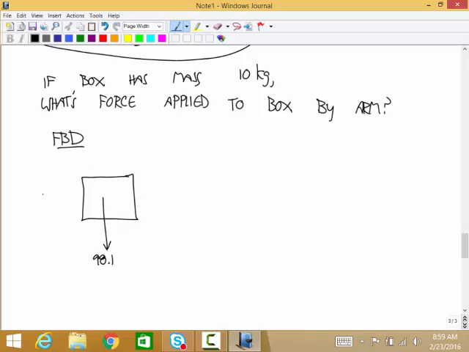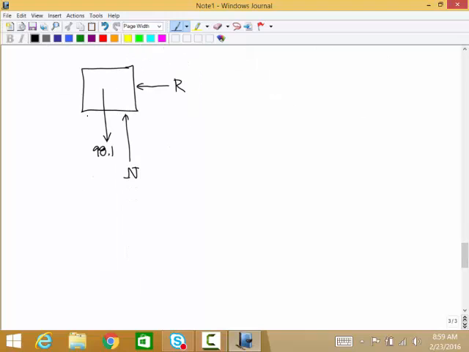And now we just go around the boundary looking for contact with the outside world. The ground is pushing up on it. And then the arm is pushing this way on it. Those are both pushing forces, and so you know the direction of those forces. I'll call that R. And so this tells us everything we need to know about the left side of Newton's second law. Okay? So now we have to go to thinking about the right side.